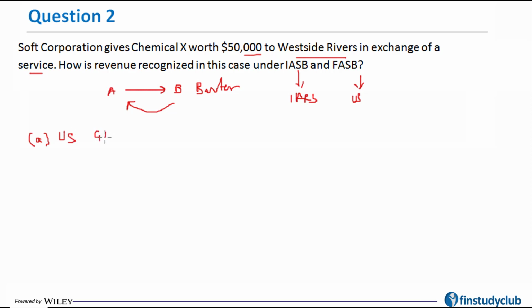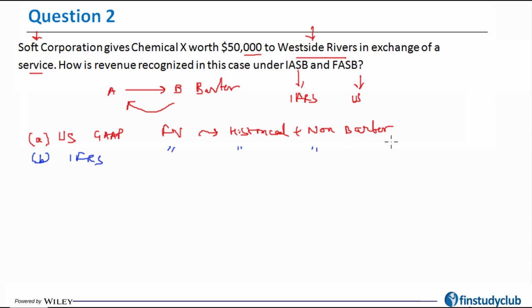In case of US GAAP, I can book this at fair value only when there is some historical experience of a non-barter transaction. That means a cash transaction. So under US GAAP, the Soft Corp and West Side Rivers, both these companies will be allowed to book revenue at fair value only when there is a historical experience on a non-barter, which means on a cash basis. However, in case of IFRS,